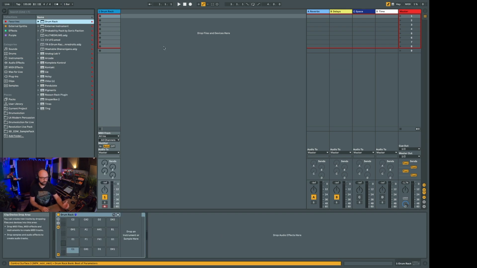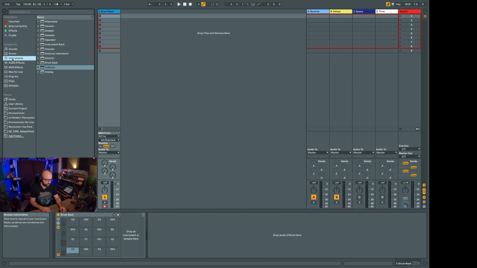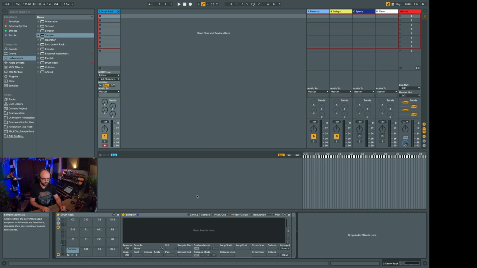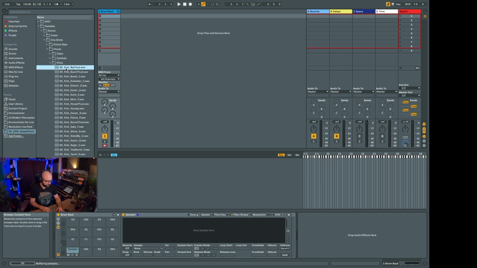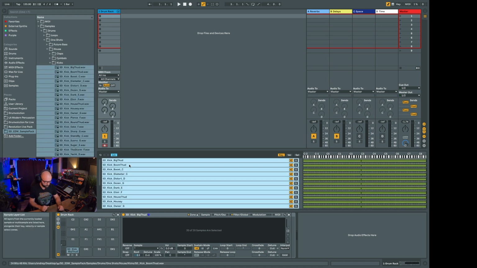It's very easy. All you have to do is load a drum rack. And then in each cell, what you want to have is a sampler. So just drag the sampler in here. Now, once you have the sampler open, in the zone section, you can drag and drop multiple different samples. So for example, let's just grab some kicks. I have a bunch of different kicks here. I can just take all of them, drag and drop, and then over here you click on the